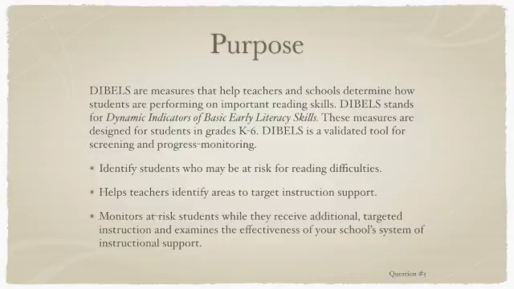DIBELS is a validated tool for screening and progress monitoring. It helps to identify students who may be at risk for reading difficulties, helps teachers identify areas to target instructional support, and monitors the at-risk students while they receive additional targeted instruction,